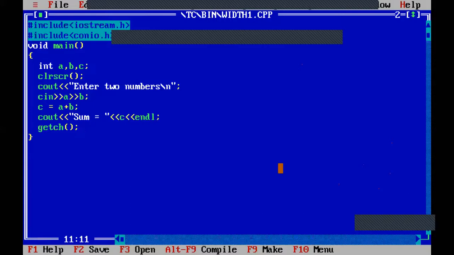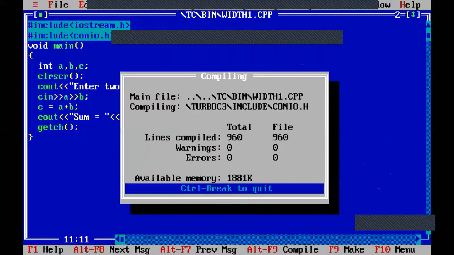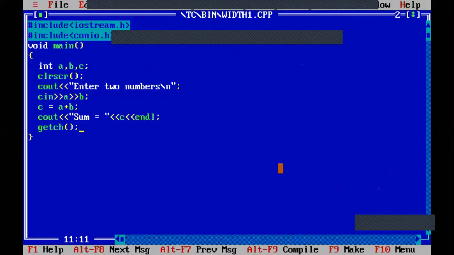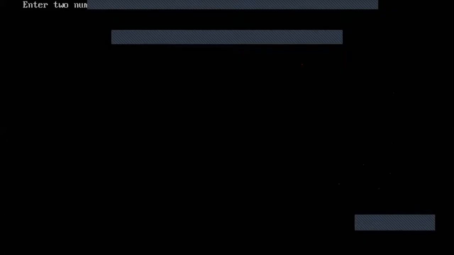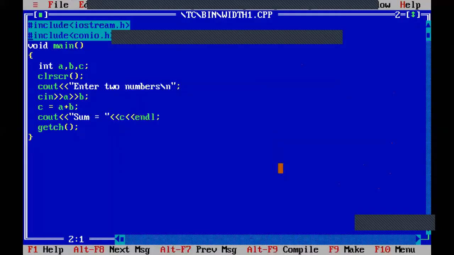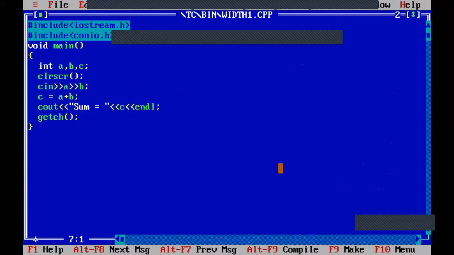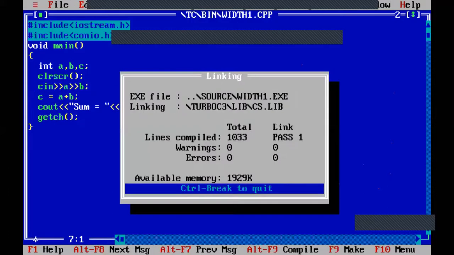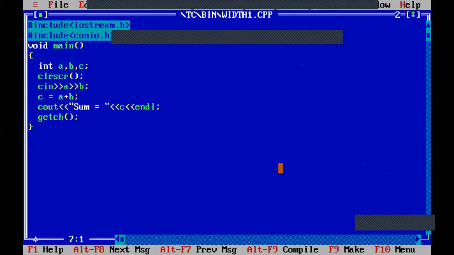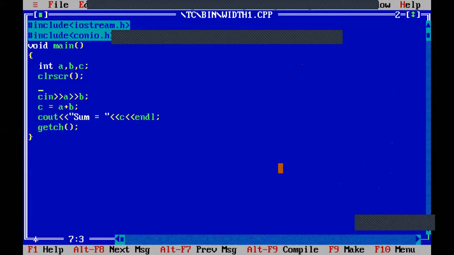Look here, we will execute this program. See here, enter two numbers. That message is printed on the screen. If that message is not there, for example, if I don't write this message, you see the output. In this way, the console cursor will be blinking, so we will not come to know what to do. So in the program, before the cin statement, you have to write a cout statement.